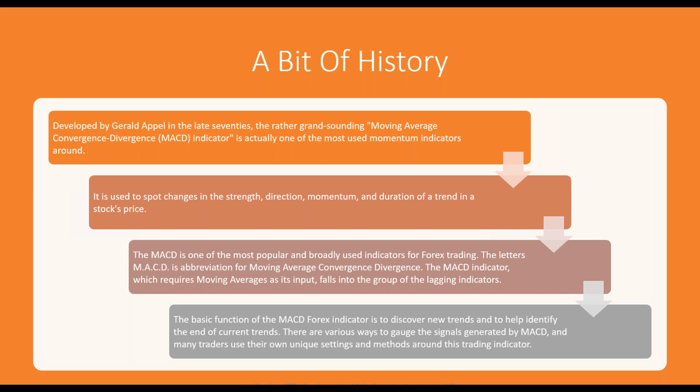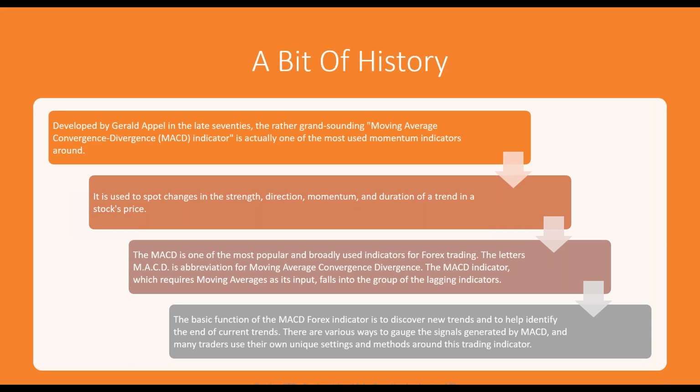Now, when we say that MACD is a lagging indicator, that sounds horrible, doesn't it? It sounds negative, but it isn't. All indicators fall into 2 categories. They're either leading or lagging, but it's not like the teacher has called you from school and said your kid's leading the class and you're really proud, or the teacher tells you the kid's lagging behind in his studies and you're really upset. Nah.